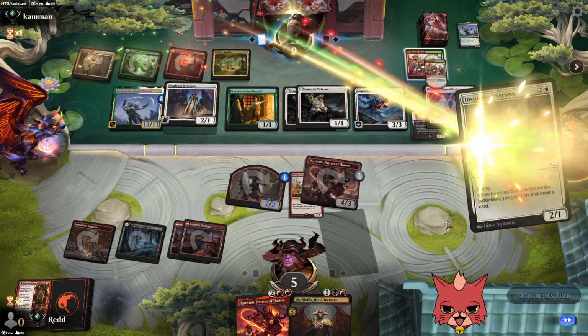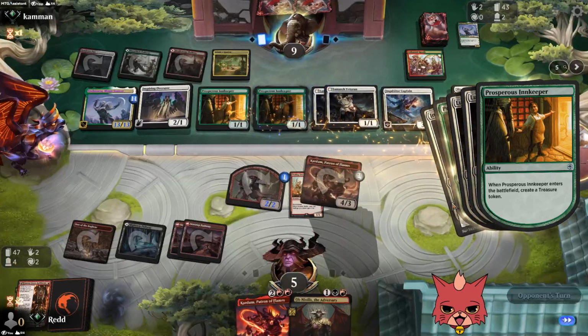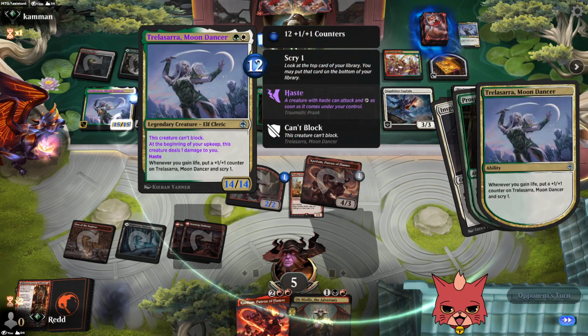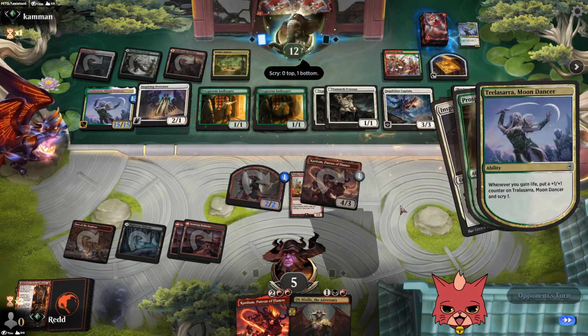I suppose one of the things that I did early on, I got pretty greedy with the Traumatic Prank, and then the opponent started to really pop off. Maybe it would have been better to attempt to take a big old chunky Moondancer, but I think we had to kill them as soon as possible either way, so...